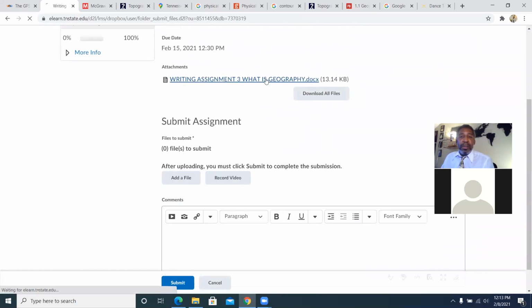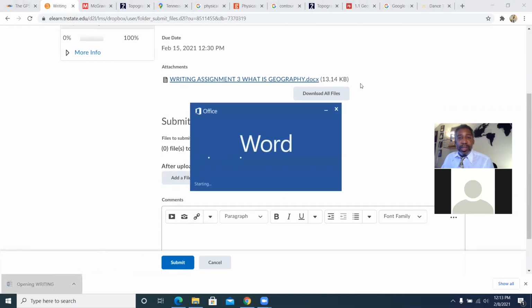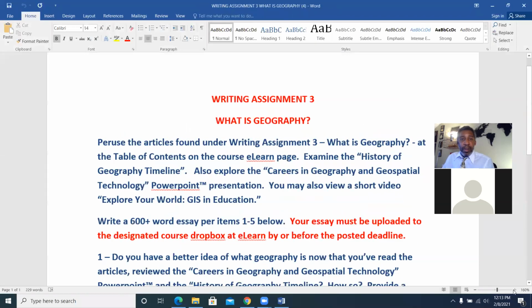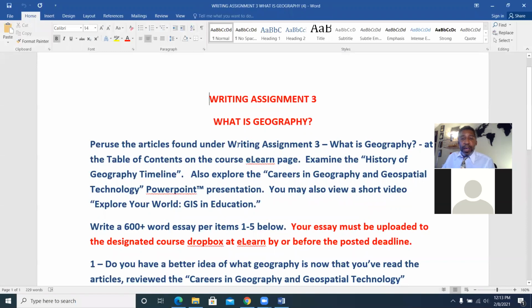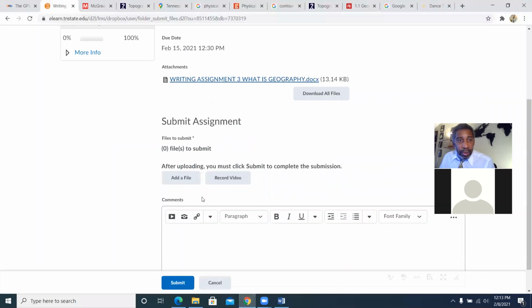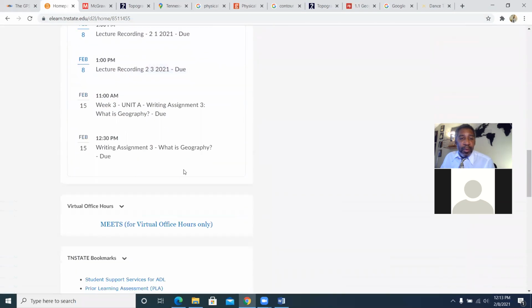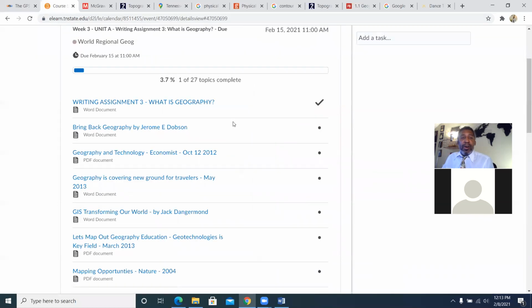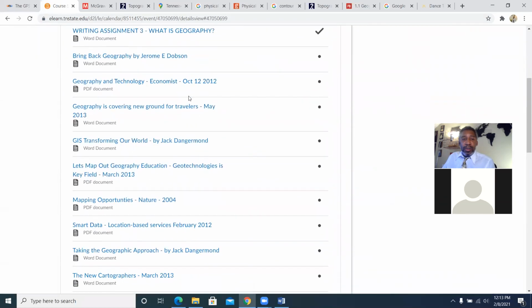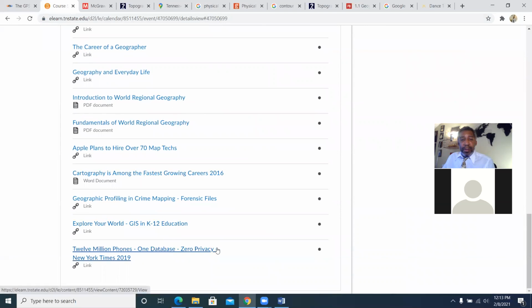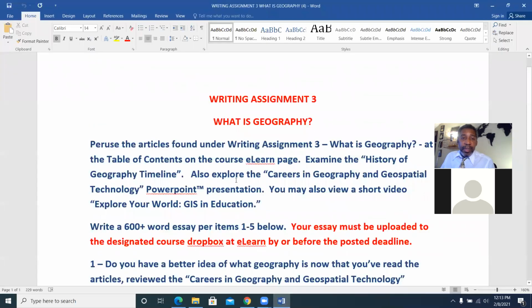And so here's the assignment, the instructions. Notice that the instructions tell you to first peruse the articles found under writing assignment 3. So notice that there were 2 links there. The one that takes you to the assignment and the one that takes you to the readings. So here are all the articles associated with this particular assignment. There are several of them, okay? So your assignment is to peruse those articles, just kind of look them over,